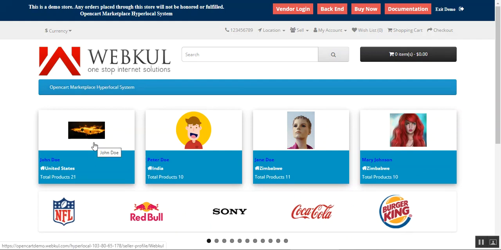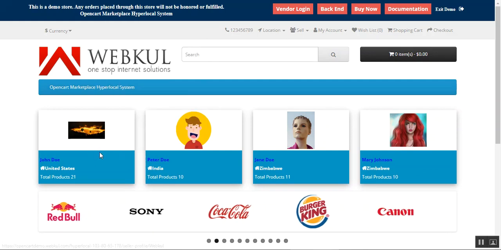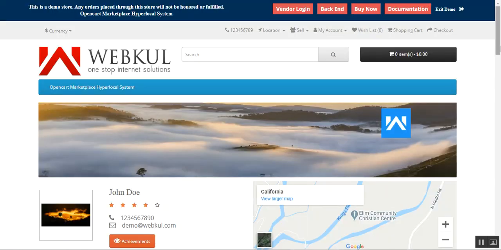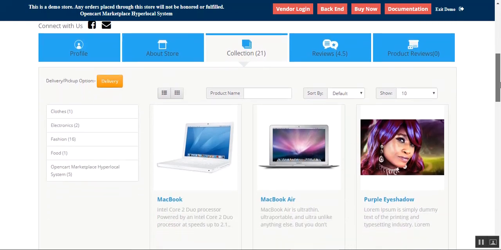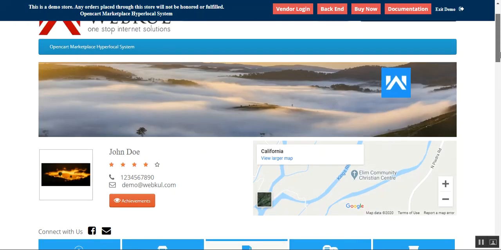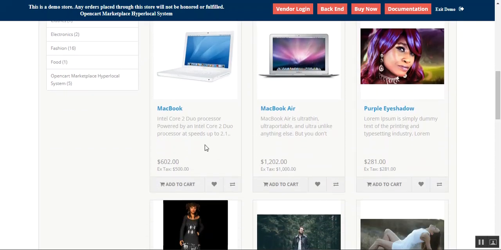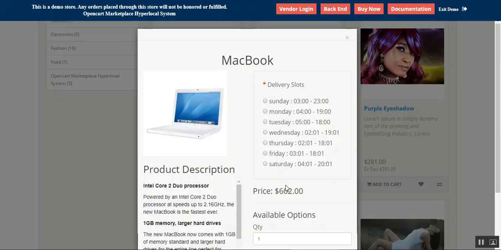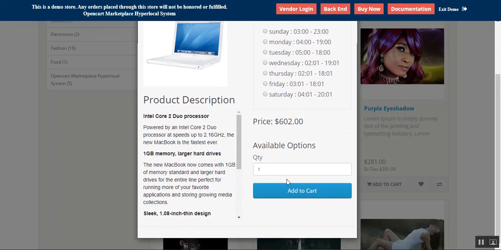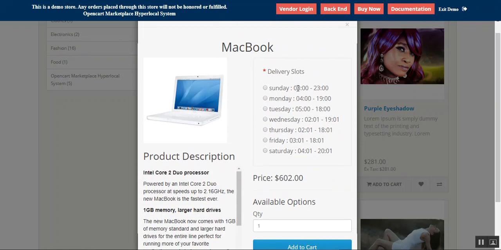Now from here the customer would be able to go to any of the sellers and check the products that are available under the collection for those sellers. For example, here we have this particular seller, and he has a MacBook Air. Let me add a few products from this seller. As soon as I tap it, you can see that this product is there with the description, and it also has the delivery slots that can be chosen by the customers, so as to get their delivery according to the days of the week,